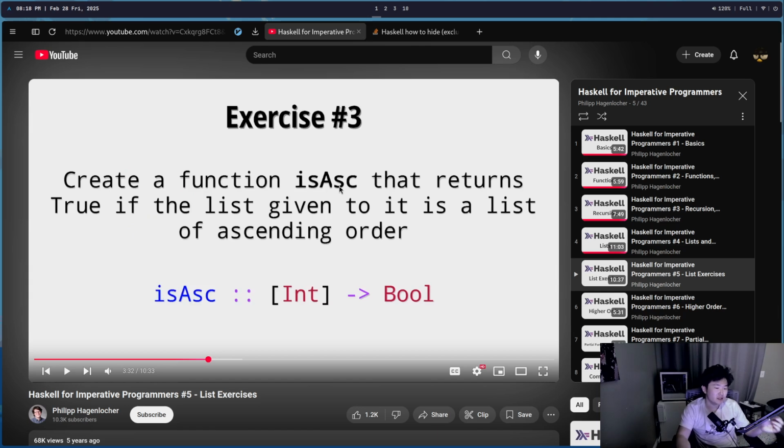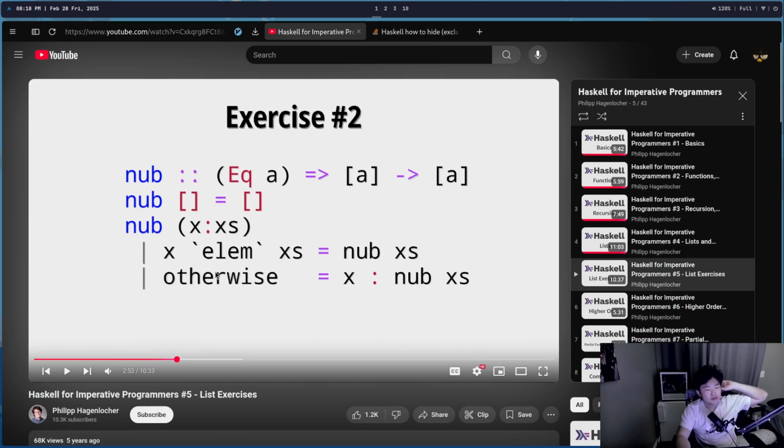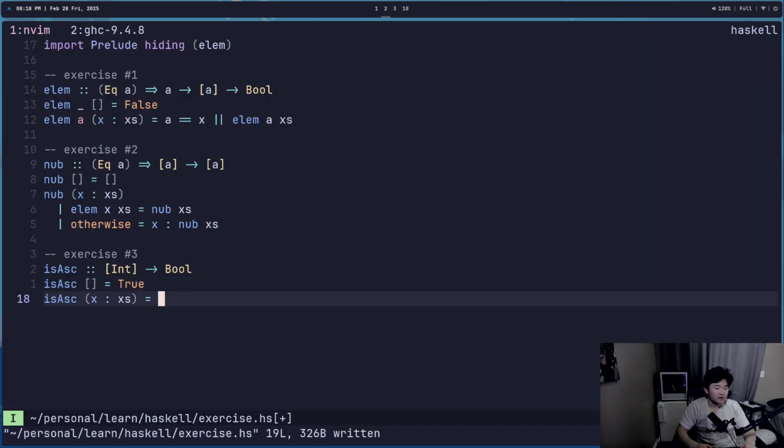Let me see the other patterns. So we have conditionals here, like we can apply continue. If x is less than, I can't compare a list. Like I was doing this, x is less than xs,